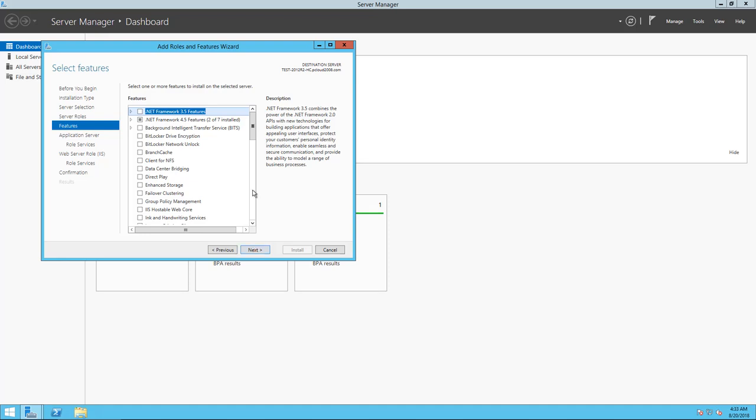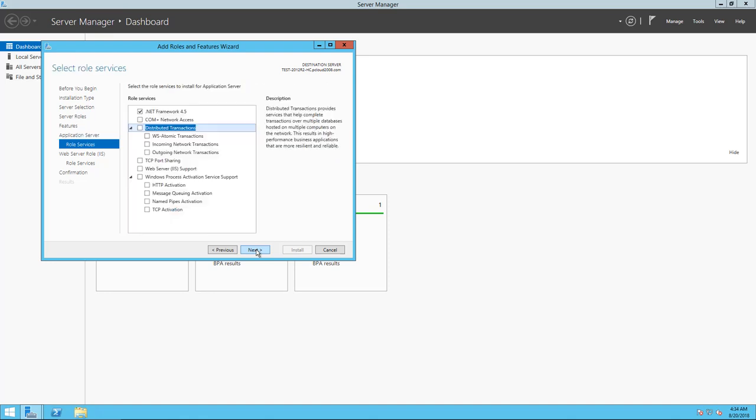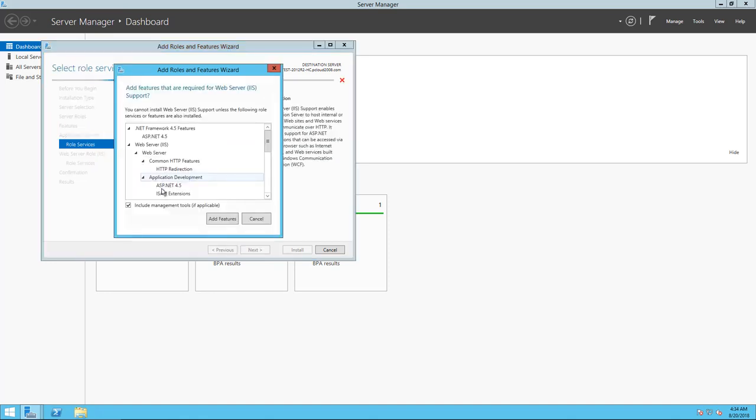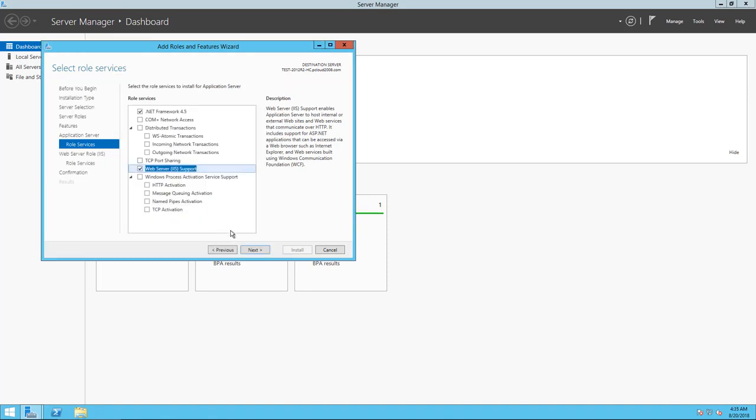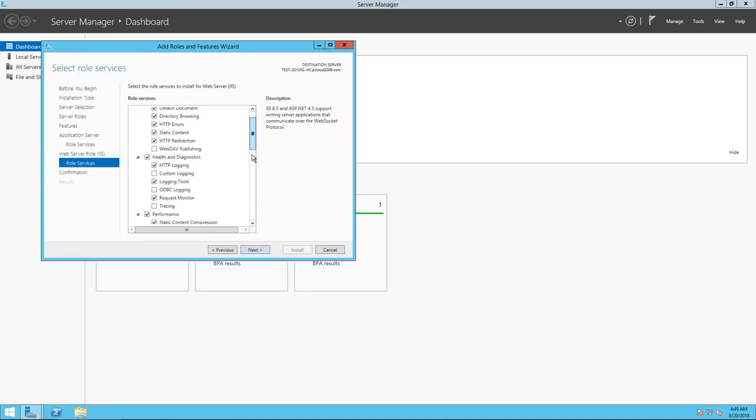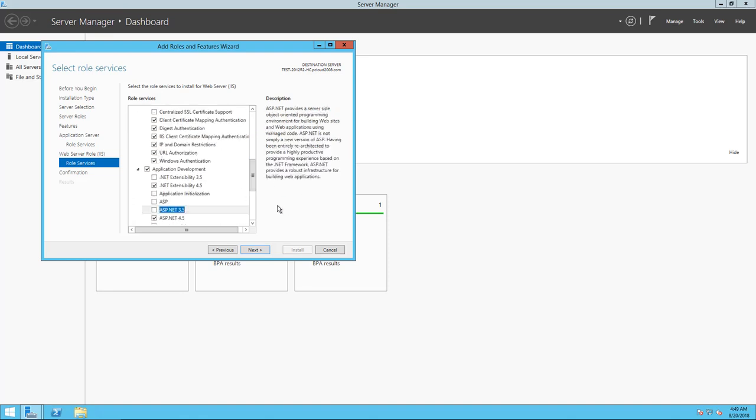Select the .NET Framework 3.5 features, which includes .NET 2.0 and 3.0. Click Next and select the Web Server IIS support. Add Roles and Features wizard displays the confirmation message. Click Add Features and then click Next. Scroll down and expand Application Development node. Select .NET Extensibility 3.5, ASP.NET 3.5, and then enable ASP,